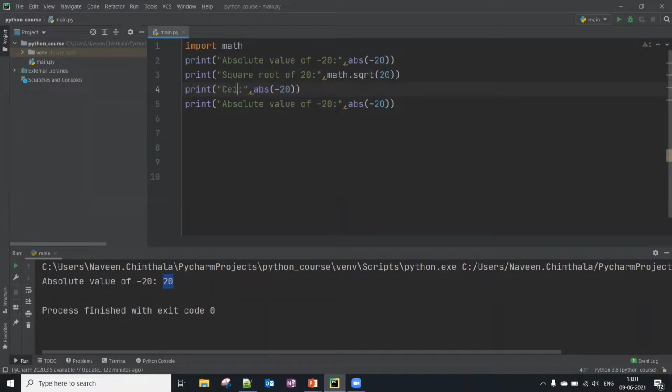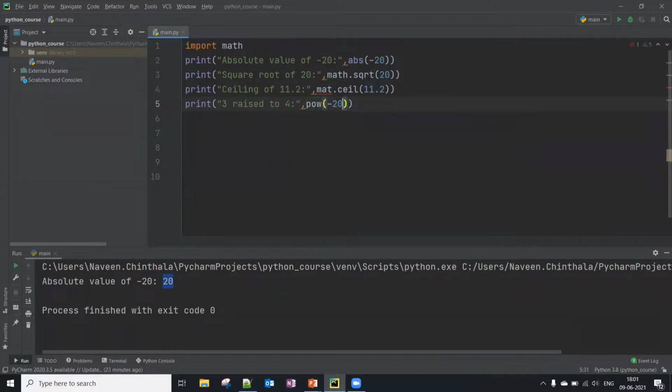Let's say I am going to find the ceiling value of 11.2, math dot ceil 11.2, and then 3 raised to, say, 4. Okay, 3 power 4. See what it will return.